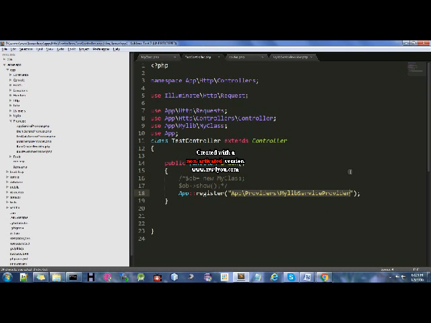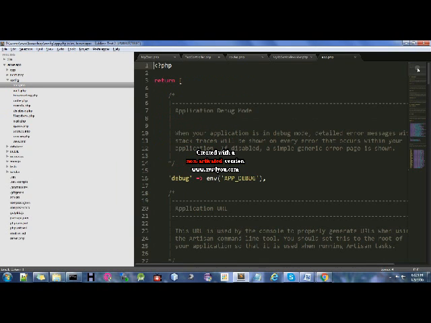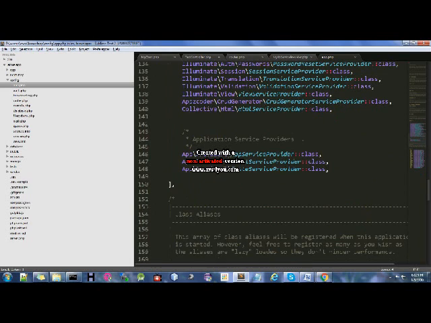So I'm going to cut this line and remove it. Under the config folder of the Laravel application directory, you will have one more file with the name app.php.